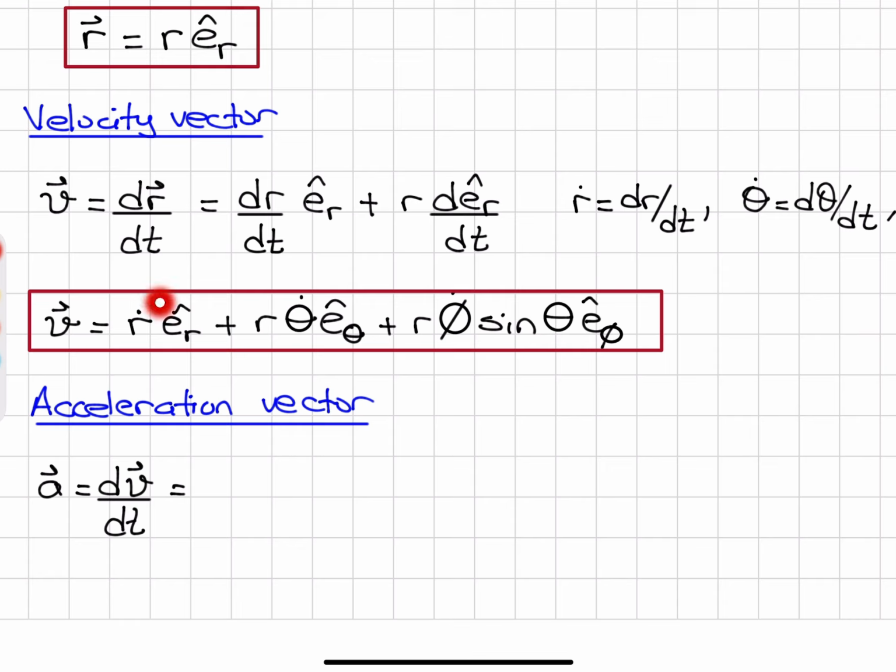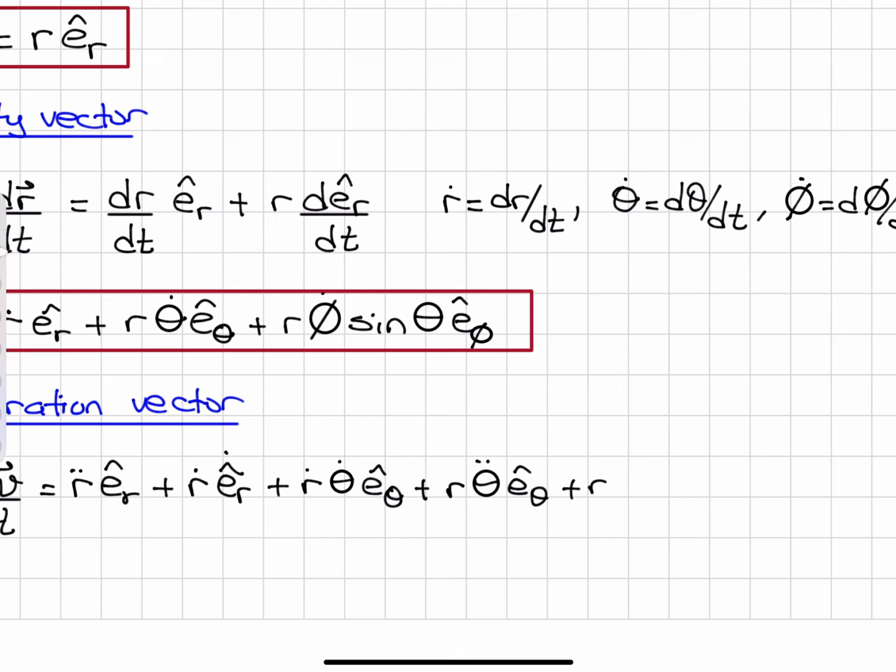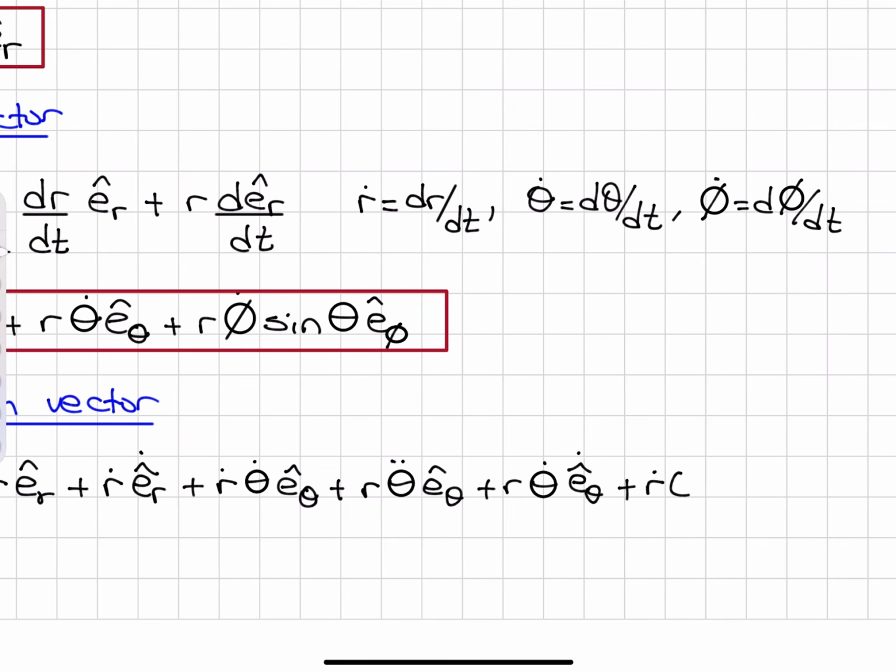So for that time derivative, for the first term, we will get r double dot er hat plus r dot er hat dot, plus this second term here becomes r dot theta dot e theta hat plus r theta double dot e theta hat plus r theta dot e theta hat dot, plus, now we're working on the last term, r dot phi dot sine theta